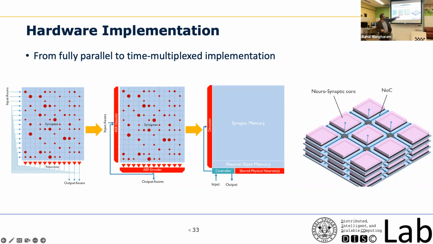The header contains the address of the neuron where this neuron's output is going to go. So let's say that in your actual circuit, actual application, a neuron like this is connected to another neuron somewhere else. Whenever this neuron fires, the AER encoding will insert the address of the neuron where this spike has to go. And this address is then broadcast across the network. Whichever core has the neuron ID will pick up the packet and convert it back into a spike.